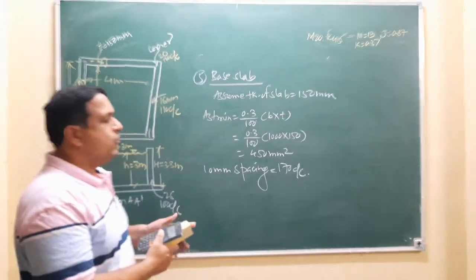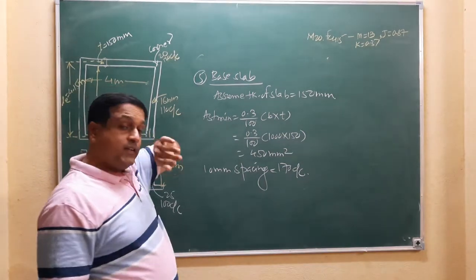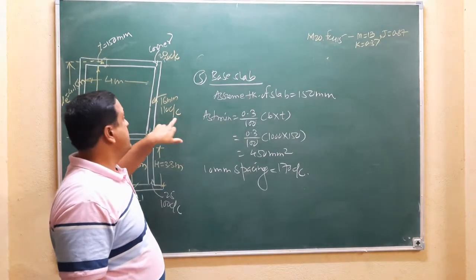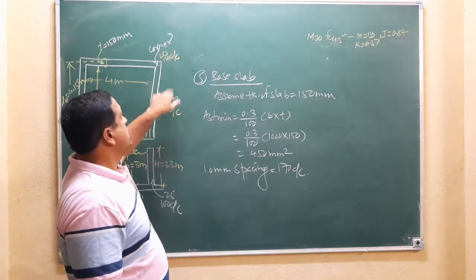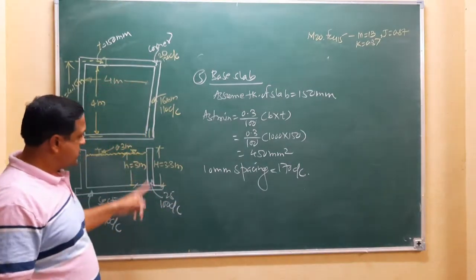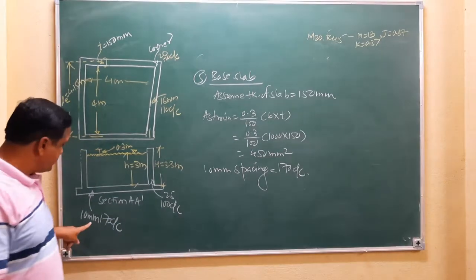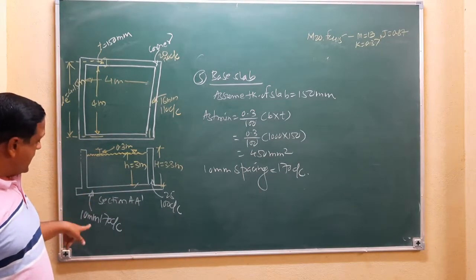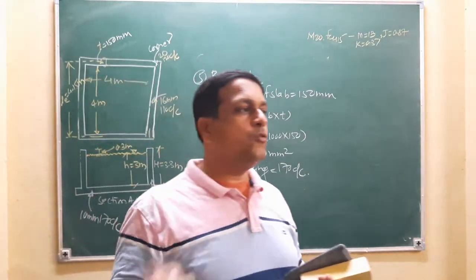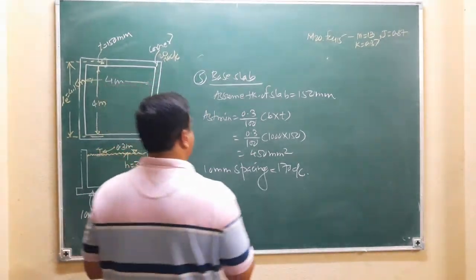Okay. So what is the summary of this problem? We have designed the wall at mid section. Horizontal steel is 16 mm diameter, 110 mm center to center. Corner steel is 20 mm diameter, 120 mm center to center. Vertical steel is 25 mm diameter, 100 mm center to center. And base slab steel is 10 mm diameter, 170 mm center to center. Now I want to sketch the reinforcement.